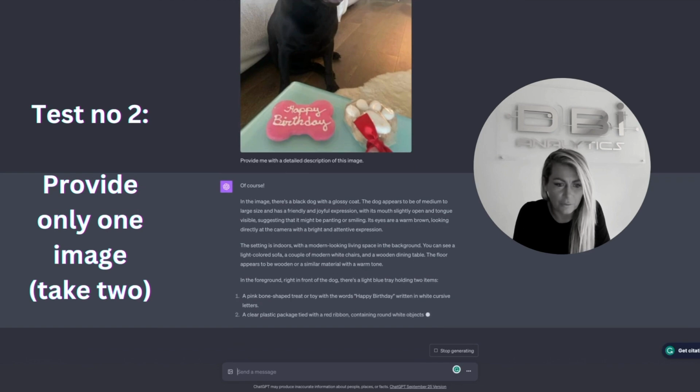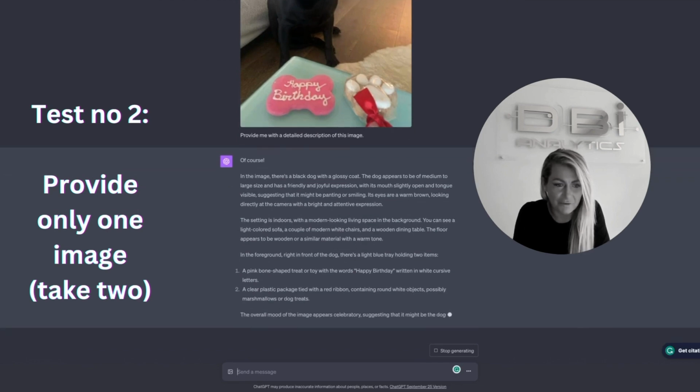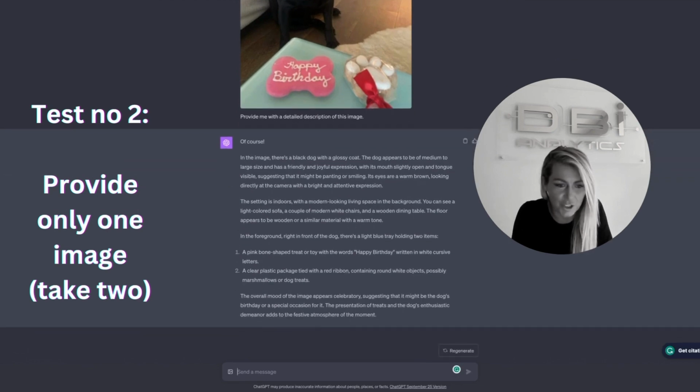The dog appeared to be of medium-large size and has a friendly and joyful expression with its mouth slightly open and a tongue visible, suggesting that it might be panting or smiling. I'm sure he was smiling. The setting is indoors with a modern-looking living space. So it's interesting. It has actually identified